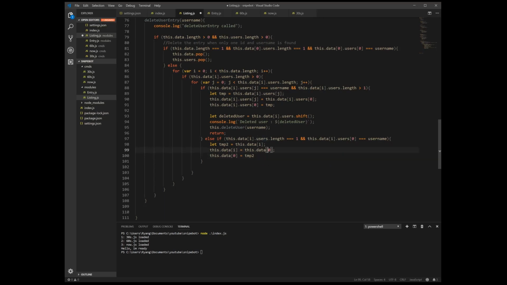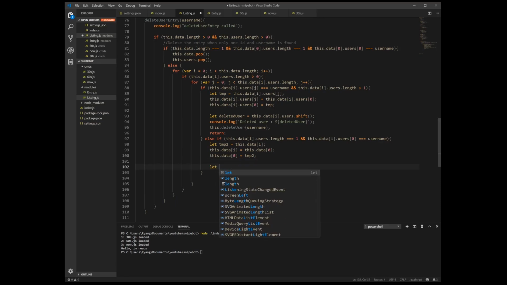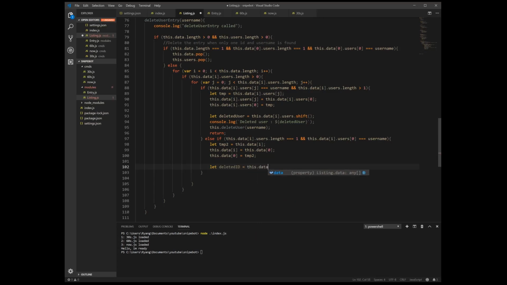And then with this we're going to put a deleted ID, and we're going to make it equal to this.data.shift. So we delete the very first object in the array.